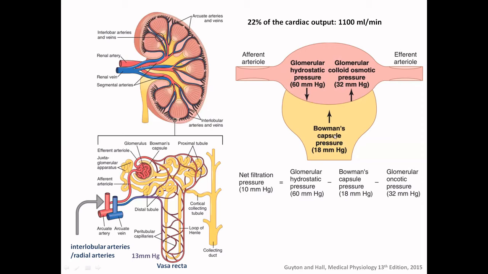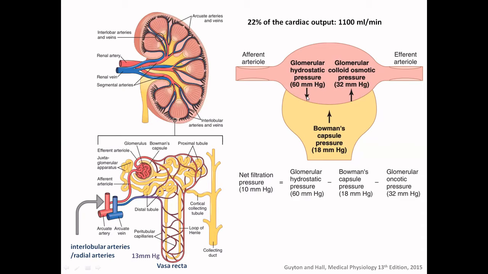So this is also hydrostatic pressure. The hydrostatic pressure of the Bowman capsule has a tendency of pushing the plasma from the capsule into the capillaries of the glomerulus. So hydrostatic pressure pushes, and the colloid osmotic pressure pulls. Okay, so the net filtration is almost 10 millimeter mercury because no protein is filtered, or it is not found in the Bowman capsule. So it means the colloid osmotic pressure of the Bowman capsule is 0.